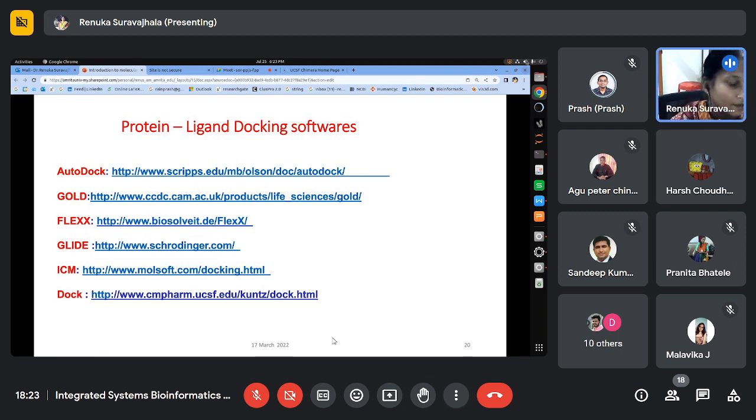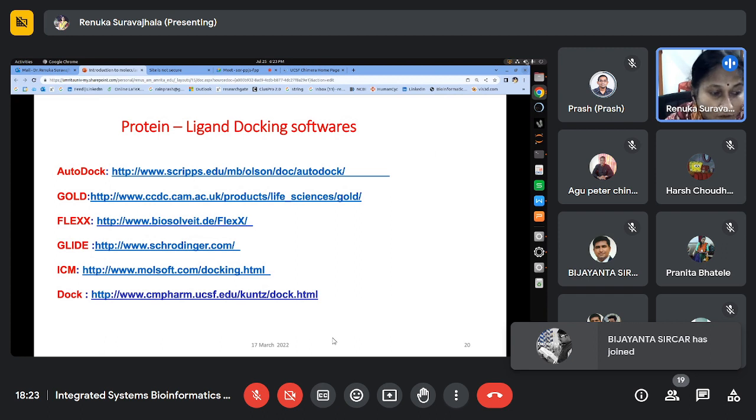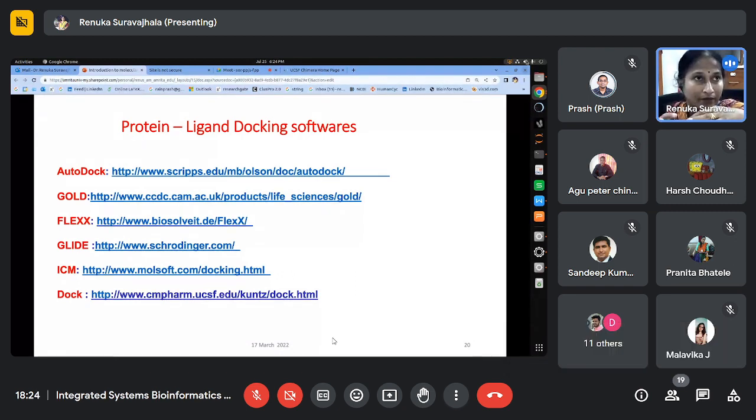It should be rigid, because the ligand will be flexible all the time. That is the reason the protein should be rigid, because the grid is made for the protein, and whatever parameters we are giving, we are ensuring that it will not move around. If both the ligand and the protein move around, then it is very difficult to come up with some kind of